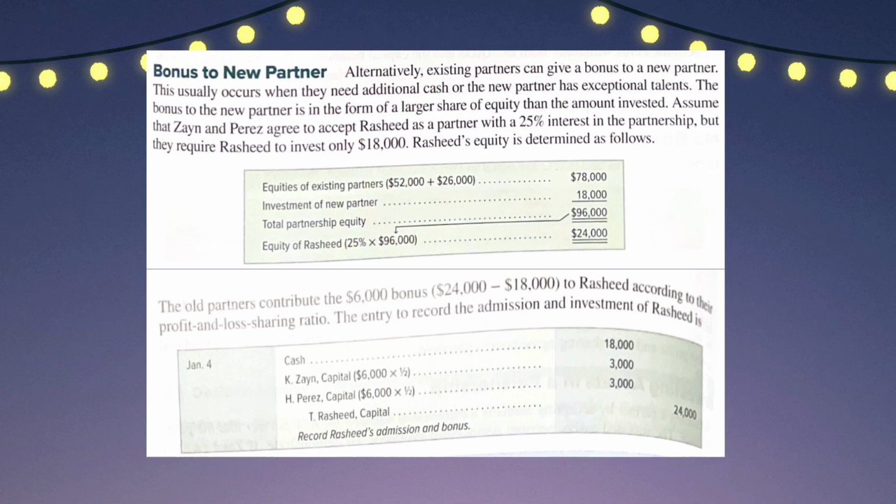Assume that Zane and Perez agree to accept Rashid as a partner with a 25% interest in the partnership, but they require Rashid to invest only $18,000. Rashid's equity is determined as follows. The old partners contribute the $6,000 bonus, $24,000 less $18,000, to Rashid according to their profit and loss sharing ratio. The entry to record the admission and investment of Rashid is